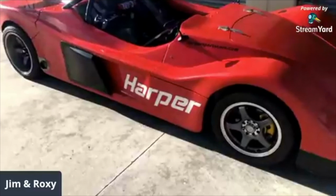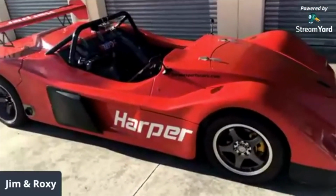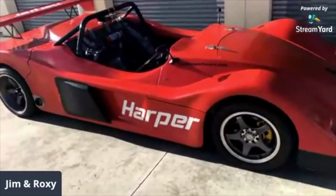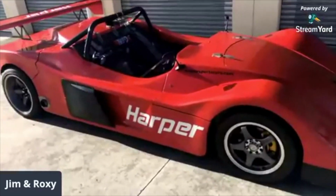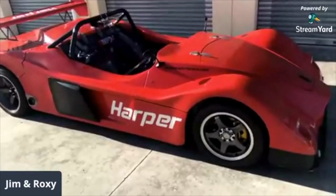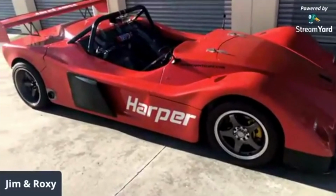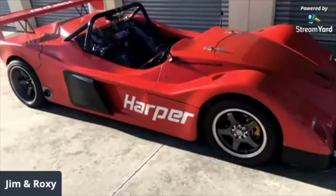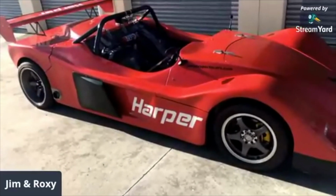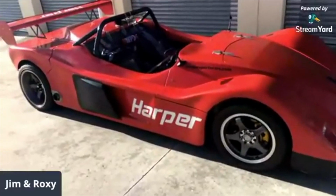As I said, I bought this car in 2013. In 2014, it became basically my daily driver. And then in 2015, I plucked up the courage to start tracking it. And I raced in a series in Port Elizabeth, which was then my hometown. We had a series called Streetcar Challenge. And I raced it in the Streetcar Challenge. And I picked up, I think, three firsts, a couple of seconds, and a third, running against streetcars on a